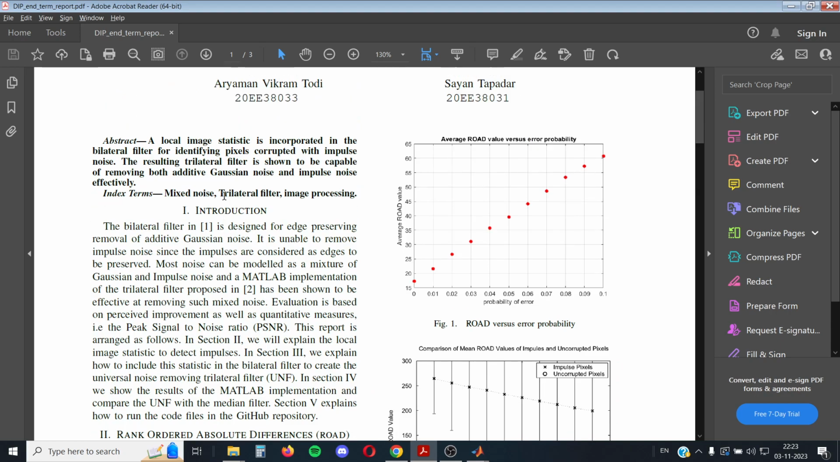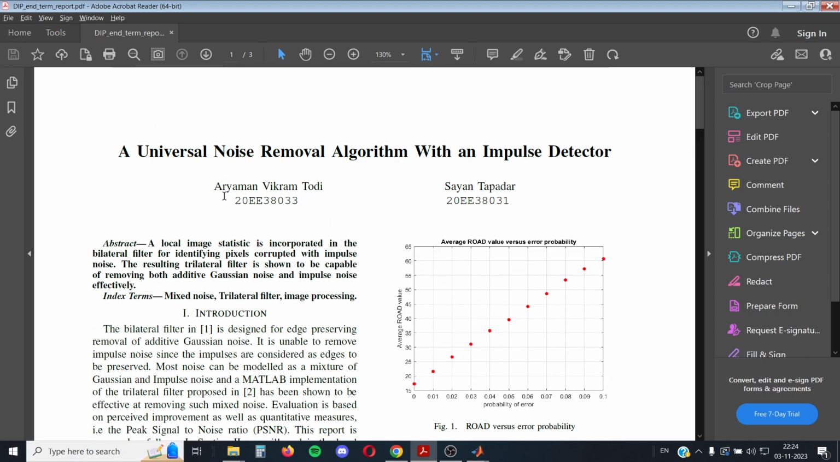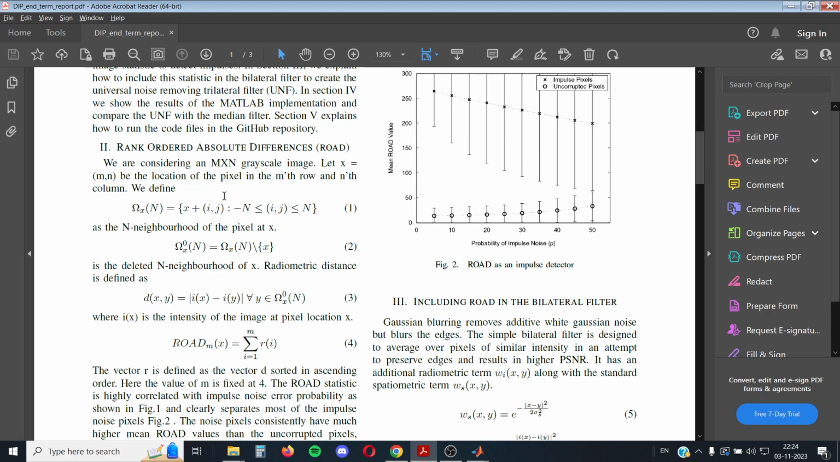The originally existing work is a bilateral filter for noise removal. The paper that we worked on was a trilateral filter, which is a development on the bilateral filter by adding one more weight. So first, we introduced a statistic called ROAD, rank ordered absolute differences,